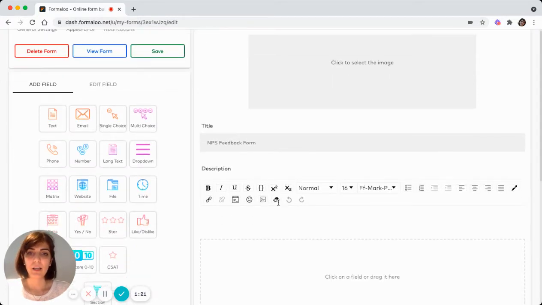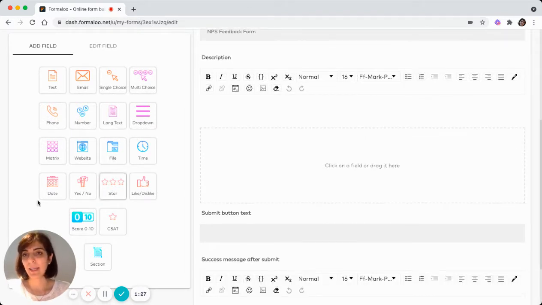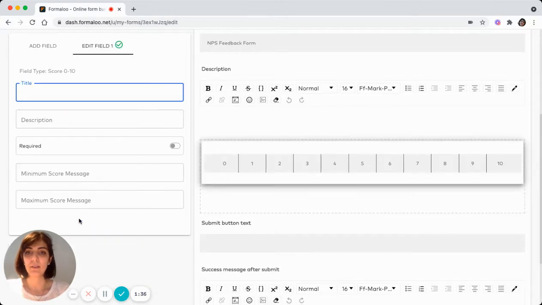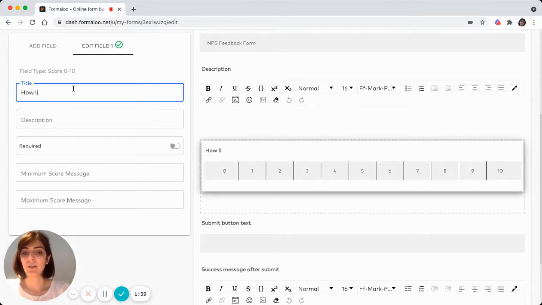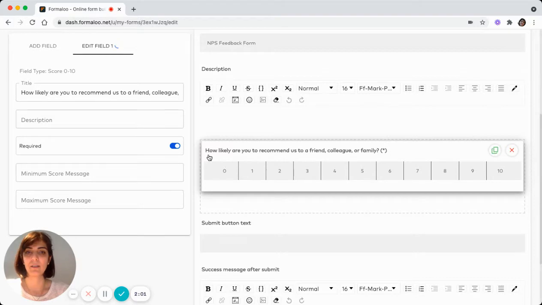So after adding the title, you can add the description of the form or not. Then you will add the fields to your form. So for the fields, since this is an NPS feedback form, I'll add a score 0 to 10 field here and ask how likely are you to recommend us to a friend, colleague, or family. And I'll make this field required because I need the answer, and this is the most important question